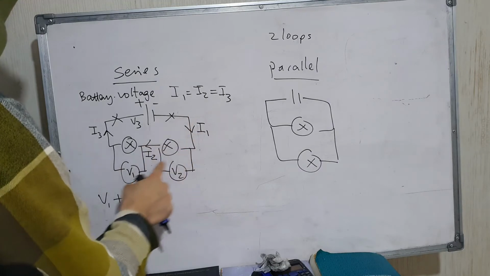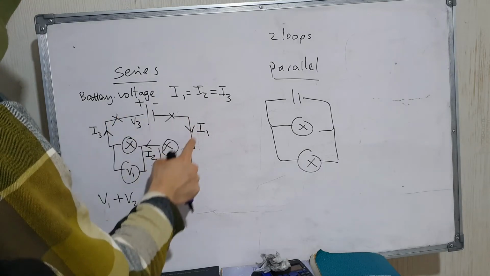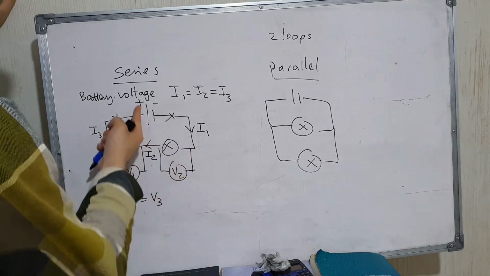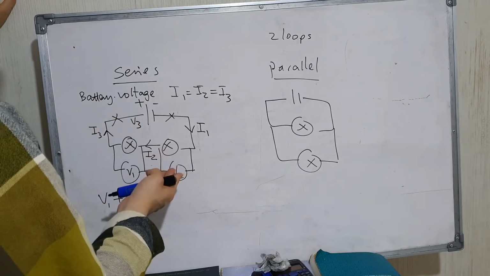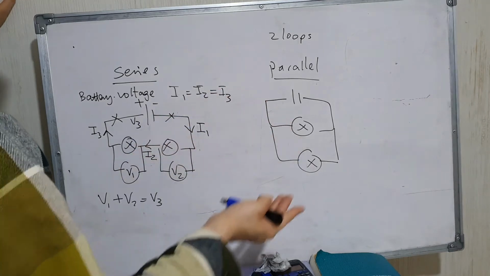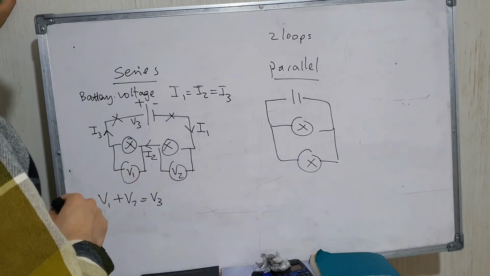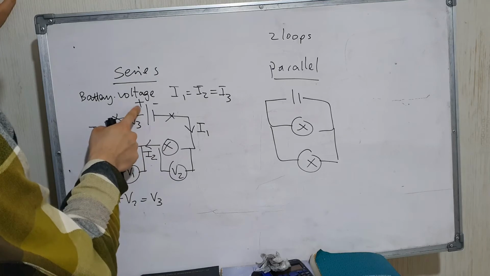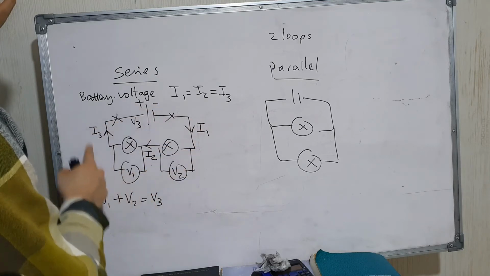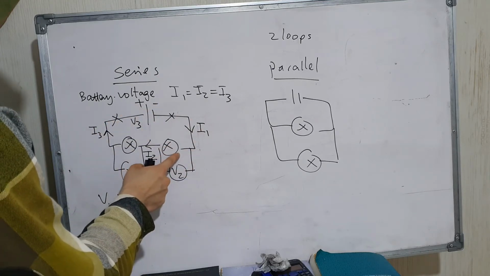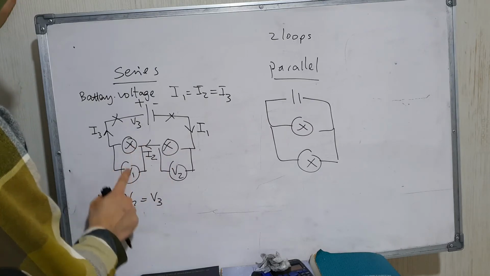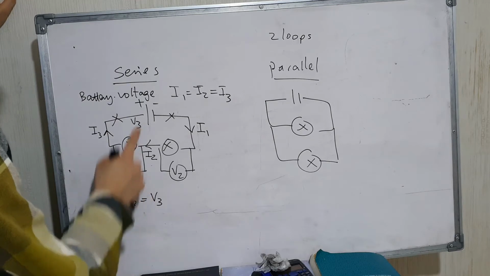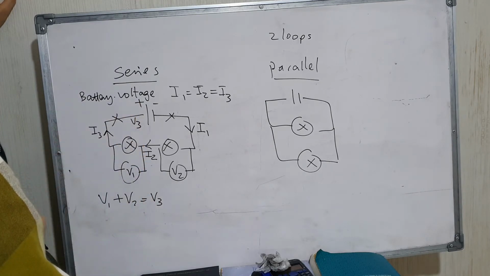So all the energy that's used up in this circuit must be equal to the energy supplied by the battery. It's all about conservation of energy, because energy is neither destroyed nor created. So in this case, the energy supplied by the battery must be the same as the energy lost by this bulb plus the energy lost by this bulb. So if you were to add these two voltages, you end up with the same voltage as this battery. All right, now